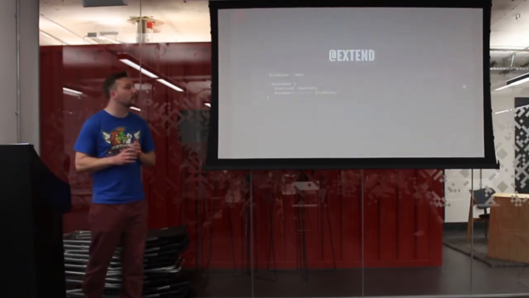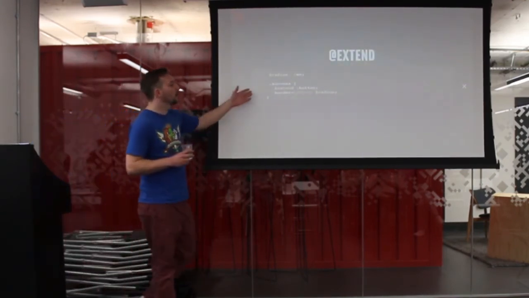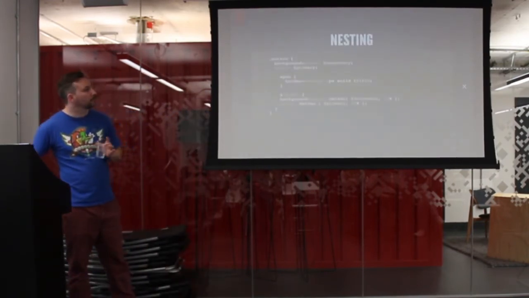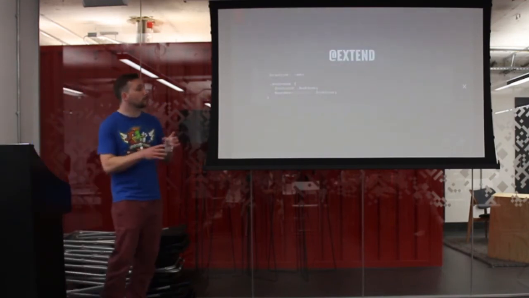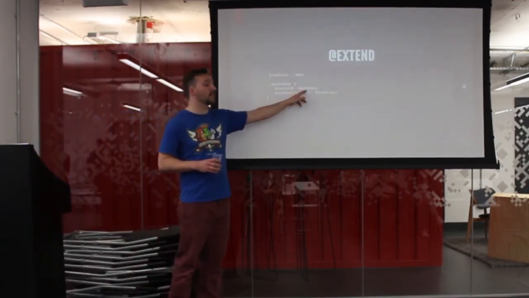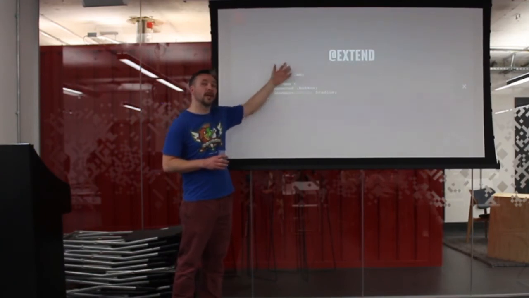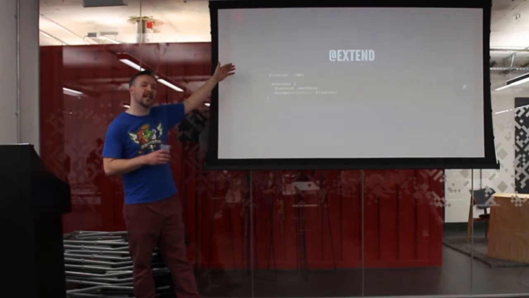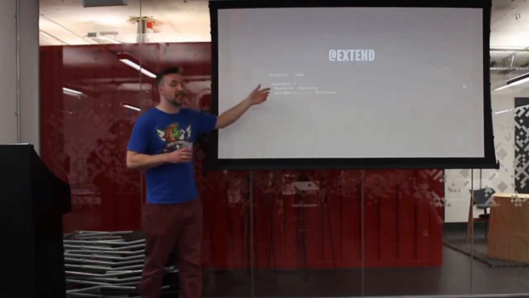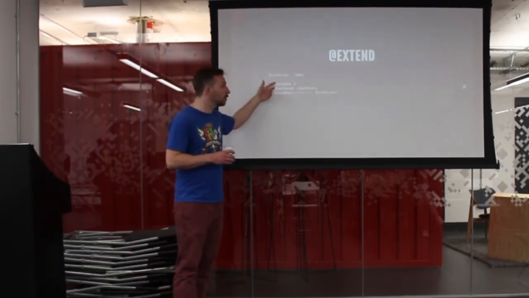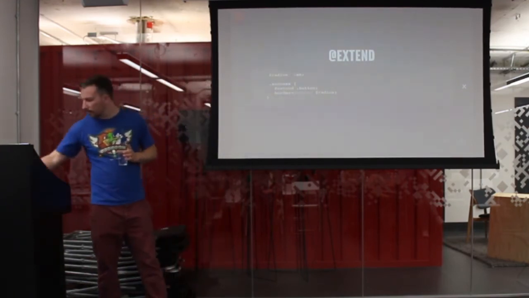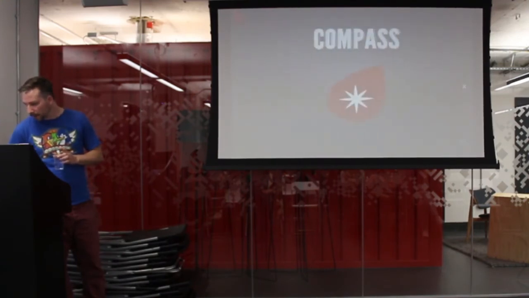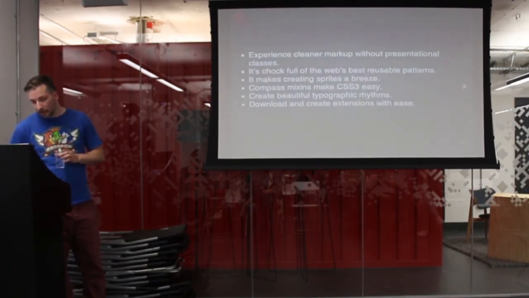Right, extend. Extend is another option in Sass. Say theoretically you've got the button there, and then you've got a success button. Well, you have dot success, and you're extending dot button. So it pulls in all the code from there into there, and you can change something there. You can overwrite as well. If there are certain elements in there that you want to override, like a text size, you can just go there, and because it's cascading, it will change. So take that in and don't put that in the CSS at the end.